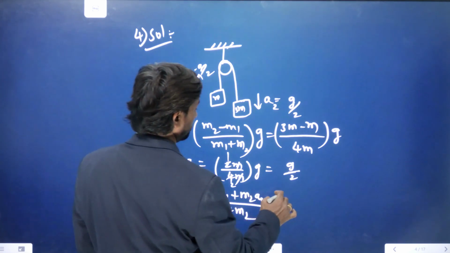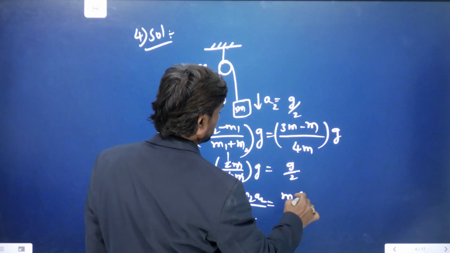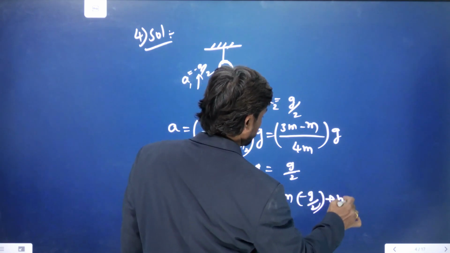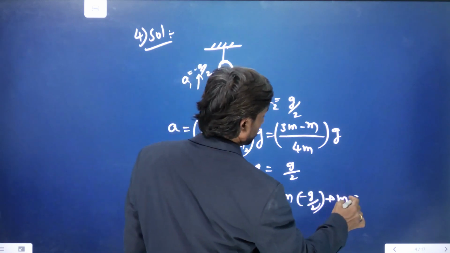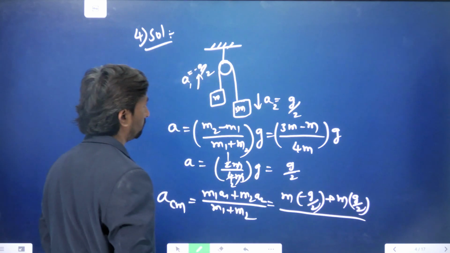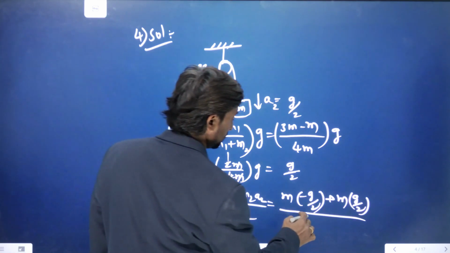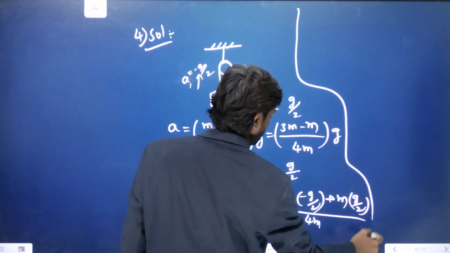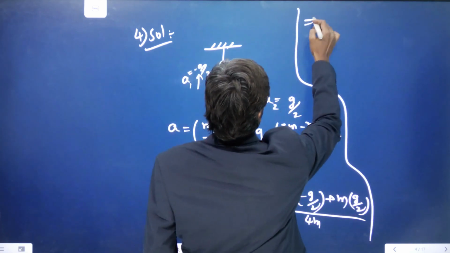So m1 is what here? m, and a1 is minus g by 2, plus m2 is here 3m, and a2 is g by 2, divided by m1 plus m2. So m1 plus m2, it will become 4m, no? 3m plus m, 4m will become. Okay, now here ACM is equal to,